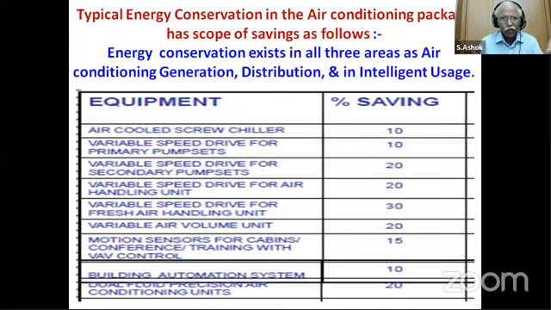A typical energy consideration in the air conditioning package, we are all aware, but just to list down: the air-cooled screw chiller percentage savings will say where we are able to save more. On the screw chiller, again a centrifugal type, only 10% is possible. On variable speed drives on the pumps, primary and secondary, around 10% and 20% only. But on the variable speed drive for the air handling units, both on the pressure as well as the main air handling units, around 30% scope is there. The 30% scope means the efficiency of generation is less. So the scope for increasing energy efficiency is possible in the generation aspects. Let us go in depth in that.